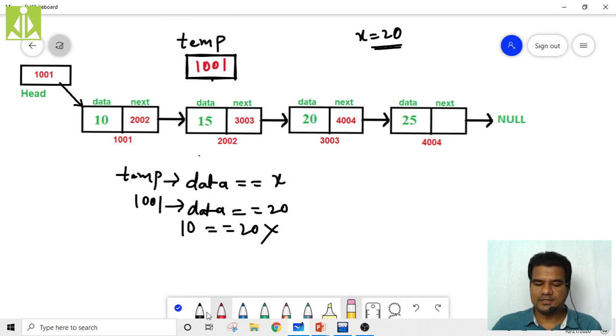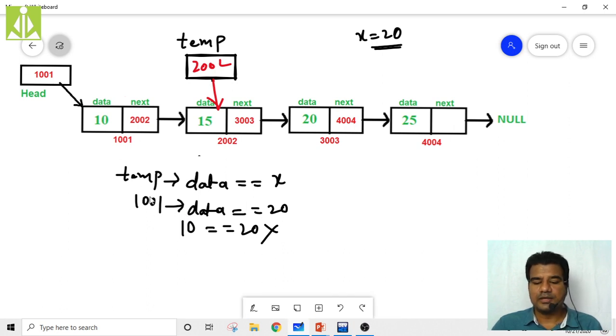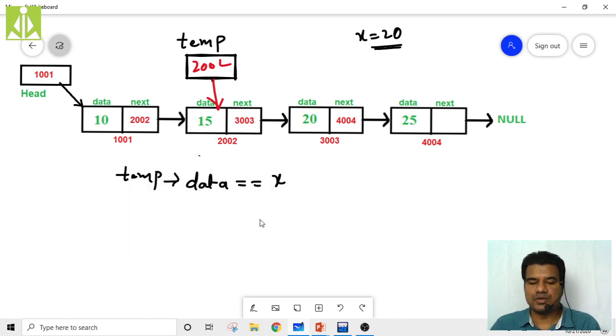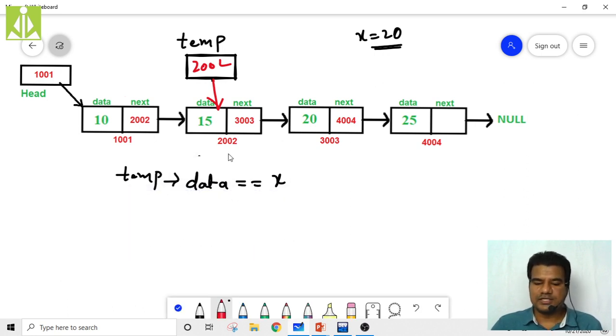So likewise, it will become 2002 and it will point to this location, and this entire thing we have to remove. Yeah, again we have to check temp of data whether it is equals to x or not. What is temp of data now?